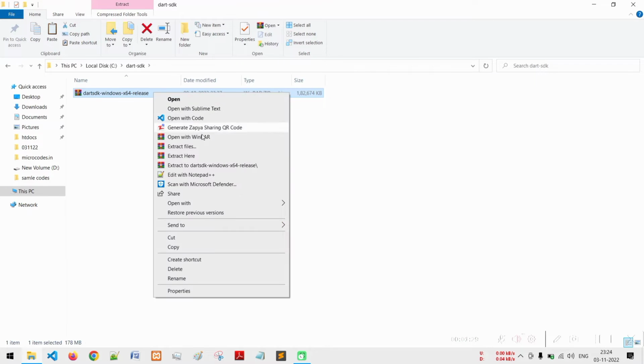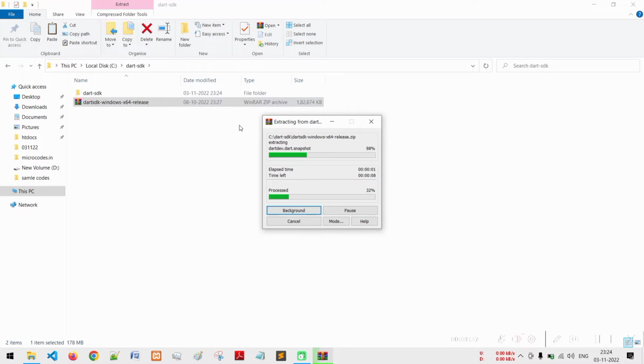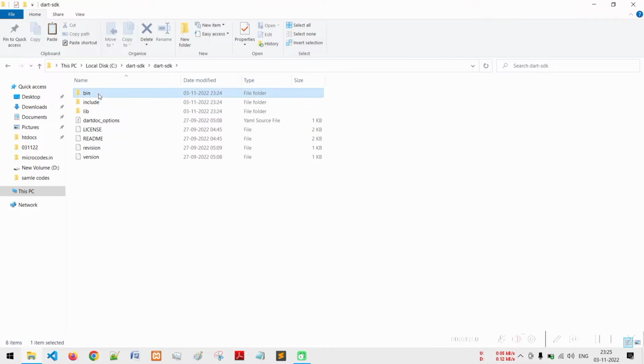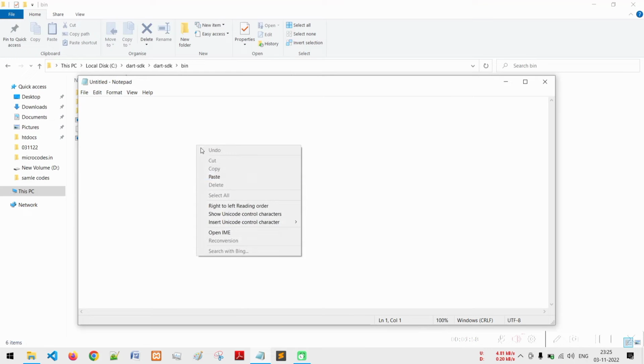Now extract this file by the extract here button. You can also extract it manually. I have already installed WinRAR, so this problem got solved. Now delete this zip file. Now click on this Dart SDK, then click on the bin directory. You can see the path of this folder, so just copy this path and paste it into your notepad,